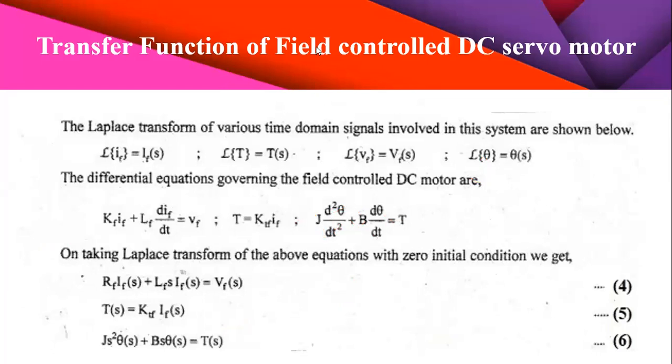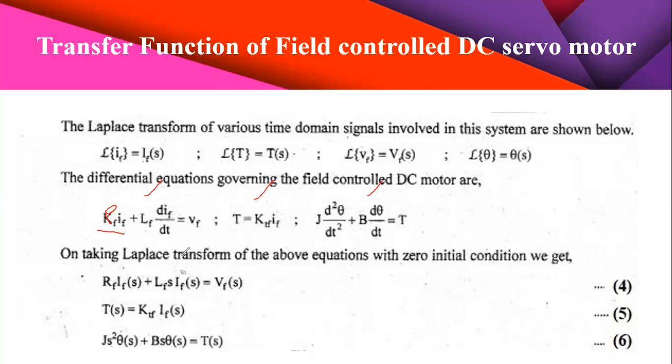One is from the electrical circuit, that is the field circuit: RF IF plus LF into dIF by dt is equal to V. So this is the equation we obtained from the field winding circuit, and this is the torque equation, and this is from the mechanical circuit. Now we have to apply the Laplace transform. If you apply the Laplace transform, then you will get RF I of S plus LF S into